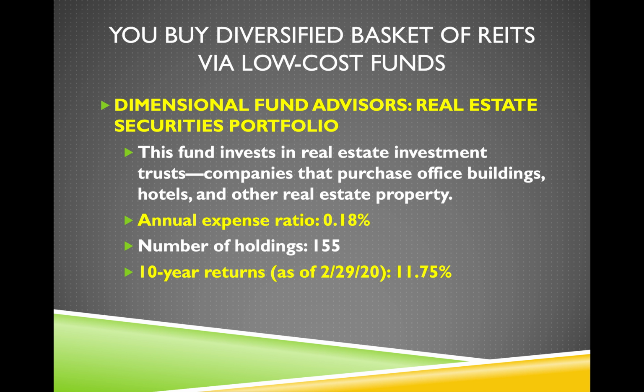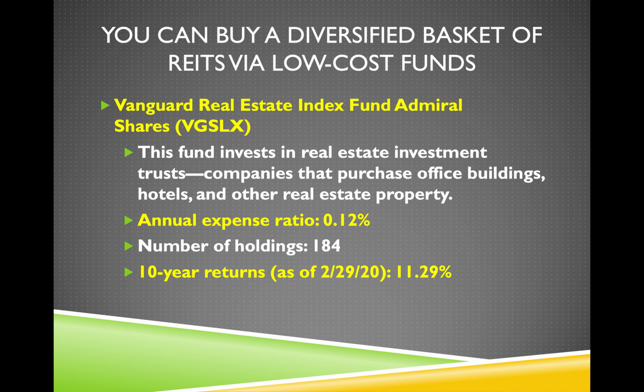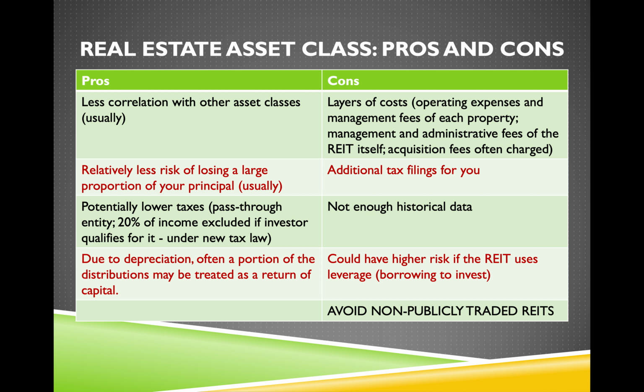Another fund is the Dimensional Funds Advisors Real Estate Securities Portfolio. Basically the same thing. It's a mutual fund that owns a whole bunch of REITs, in this case a little bit less, 155. Dimensional excludes, for example, nursing home REITs and some other types of REITs. The annual expense ratio is a little bit higher, but they've performed 11.75%, which is a little bit more than 11.29%. So if we look at real estate